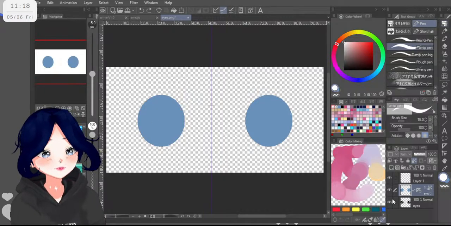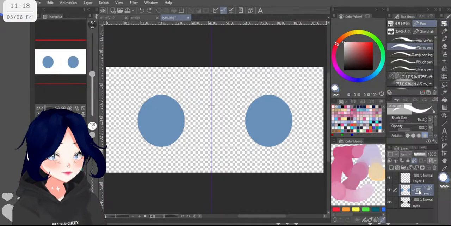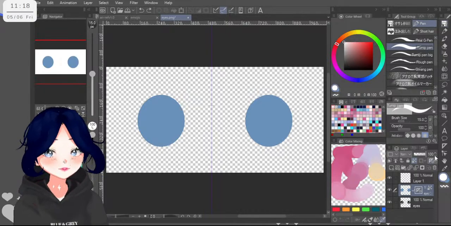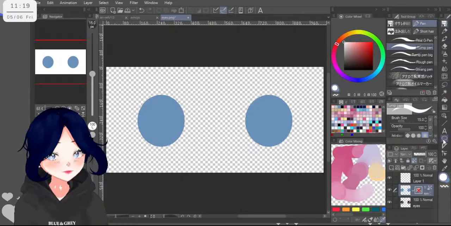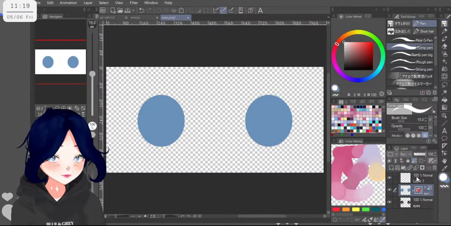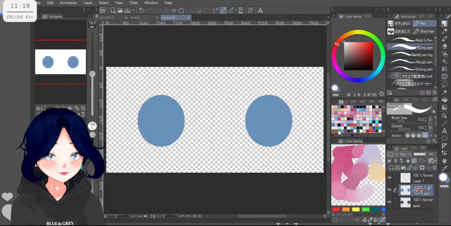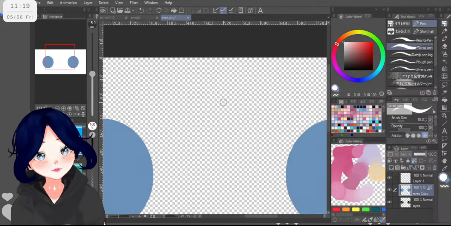Okay, this is not. Let me erase this ruler down. Yeah, delete.